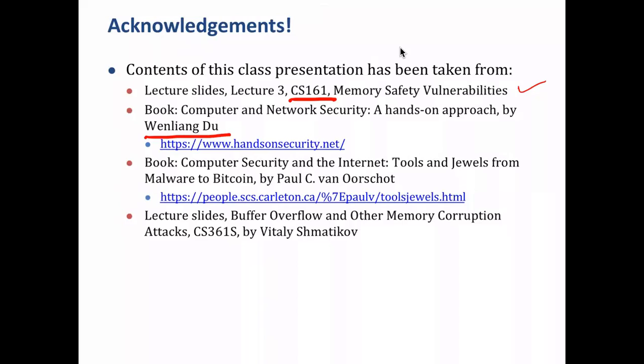Most of the exercises are based on Linux. You can go to this website and read it from there. And of course, this is another book you can find on security, which is also very interesting. You can download this; it is freely available, whereas Professor Du's book is not freely available. But the PPTs are available on the website. I will try to procure this book for our library, and in the rest of the course we will be using this book very heavily